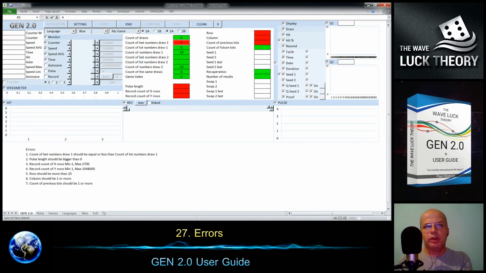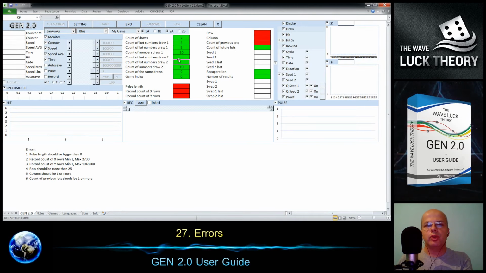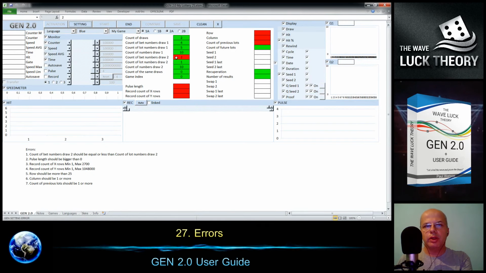This I will correct as well, and here it is taking 0, so 0 numbers are drawn and 0 numbers are selected. It doesn't make sense, but from the view of gene it's correct. So I can put here number 1 and 1. If I put number 2, it will cause an error again. So let's keep number 1.